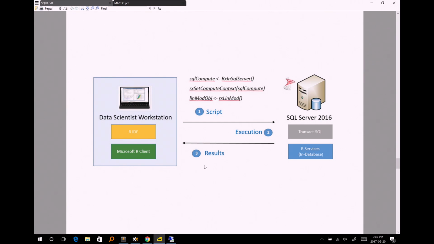When I say computation, I'm talking about computation on the data in the SQL Server. Not every computation has to happen on the right. If it has nothing to do with the data, it can happen on the left, and you don't have any worries about using R Services.